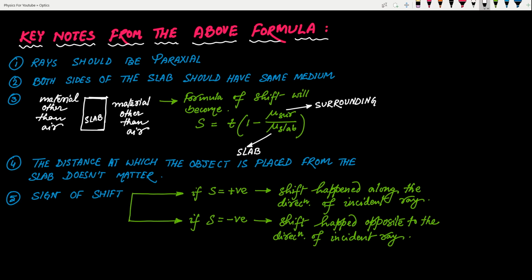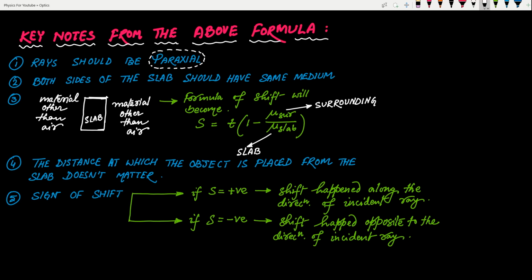Now let's see our first point. It says that this formula will work only when the rays are paraxial. Now let's understand what paraxial means. The term is new, but I have already explained this. When we were discussing real depth and apparent depth in our previous video, and I was deriving the formula mu2 by mu1 is equal to real depth by apparent depth, I said that there's an assumption for this formula to work, and the assumption was, if you remember,